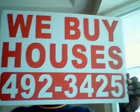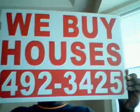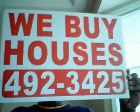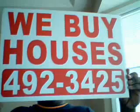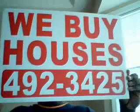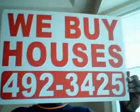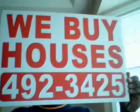Today I want to talk about probably the top 2 or 3 most important things about your business, which is marketing. And what you're looking at here is a Bandit sign. As you see, it says simply, "We buy houses," and a phone number. You don't have to include the area code here because in the Birmingham metropolitan area we only have one area code right now. But the importance of a Bandit sign,